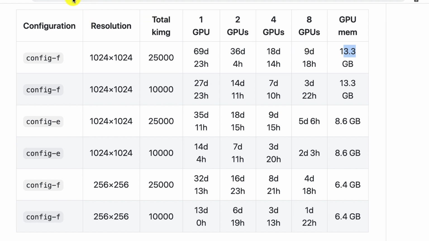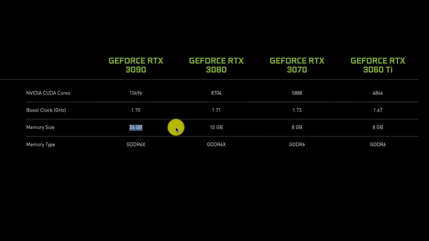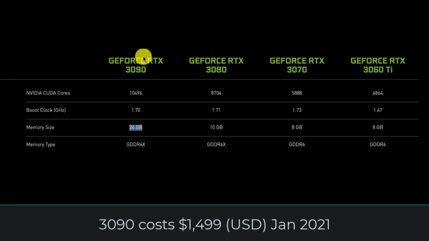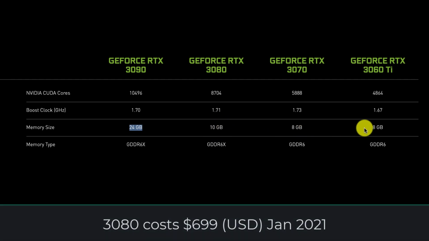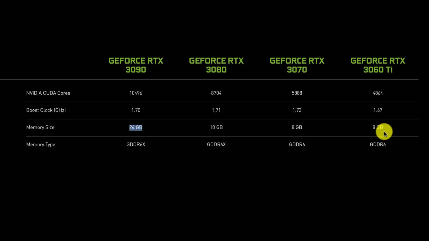So let's look at some of the common GPUs, remembering that around 13 and 6.4 are where you need to be. Here you can see the current line of the 30, the Ampere series. 24 is the 3090, the big one. 3080, the next one down, 10 gigabytes, and then you're right on the edge with that 8. You could run the smaller ones, for sure, for the GANs, the 256 by 256, but bigger, you're going to have trouble even with the 10 gigabytes.